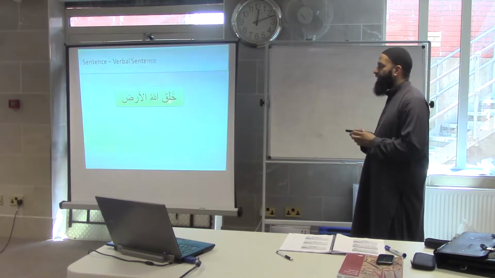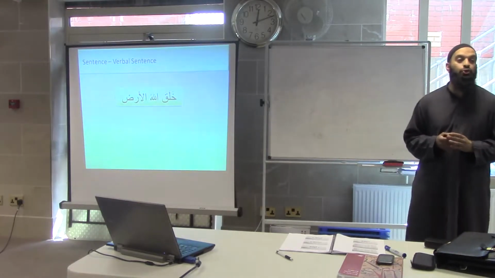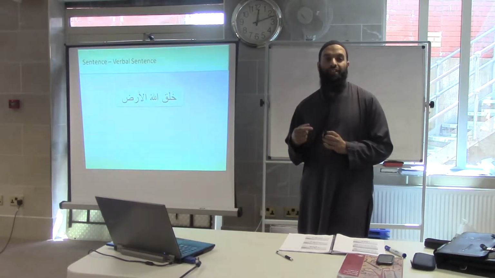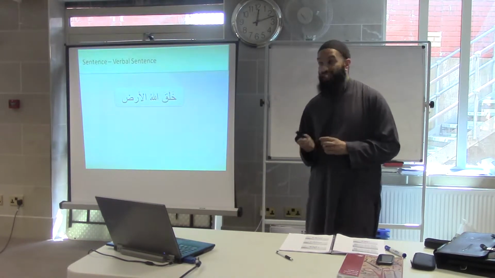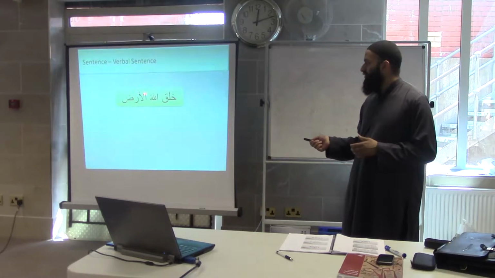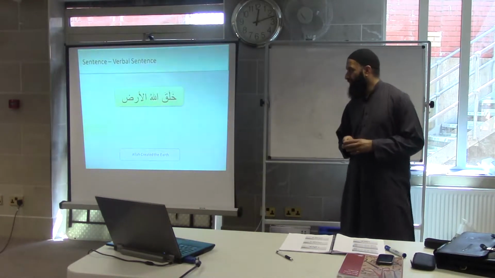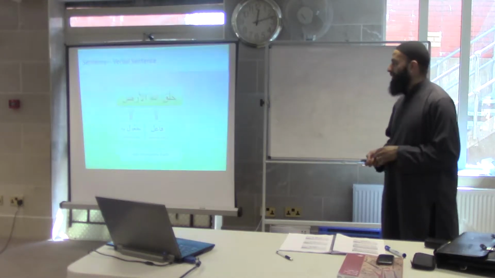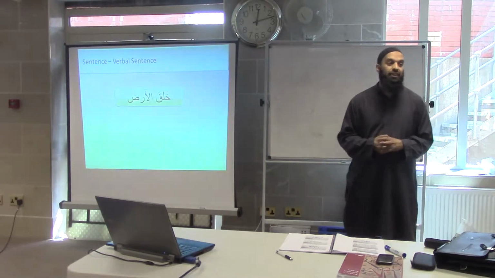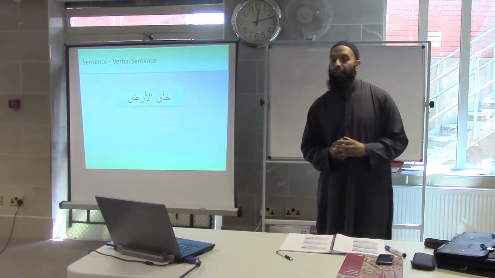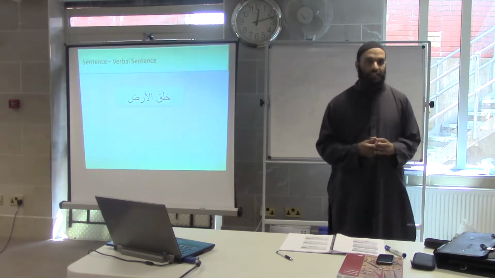He created, and Allah. So Allah created. Arda, yeah? It's mansoob. What is mansoob? The object, yeah? It's the thing that the verb is done to. So Allah created the earth. Now if it was said the other way around, I'm not going to say it, but then it'd make it opposite, yeah? So you have to look to see, verbal sentence, you need to see where the marfu is. Sometimes, so there's the fa'il, again, there's a maf'ul bihi, the object of the verb. Sometimes you might see a sentence that looks like that. Khalaqal arda. So what does that mean now? Khalaqa means he created. The earth. Yes, he created the earth.